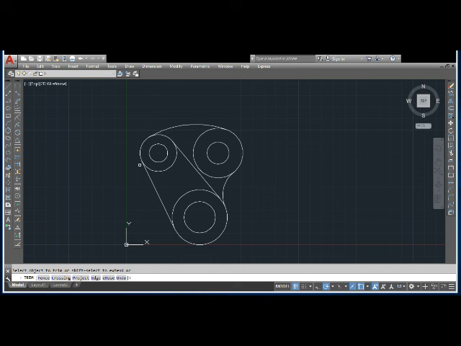Okay, it is a belt drive with 3 wheels, so 3 pulleys. This is one pulley, this is another pulley, this is another pulley. So the belt is moving like this, in this direction. Okay, now